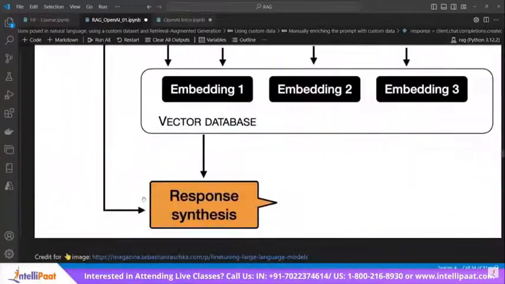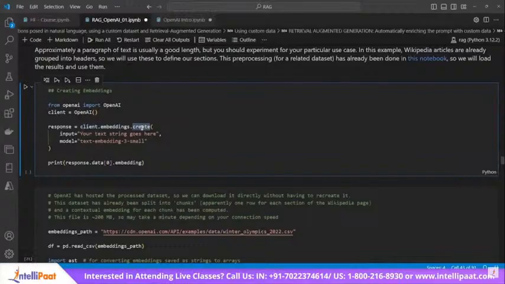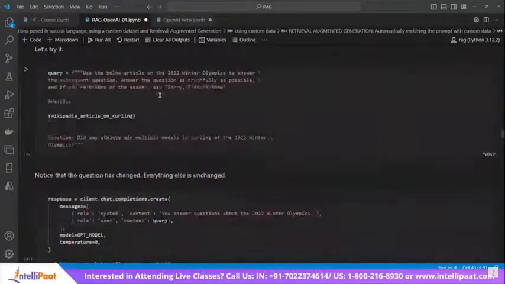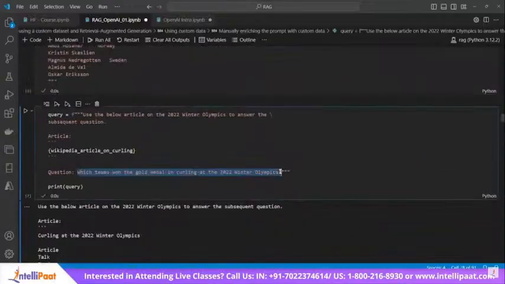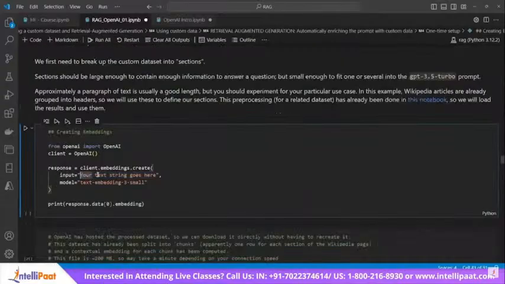Instead, here what we are going to be doing is client.embeddings.create, right? And then I can pass any text here. Let's say we'll take the same question from here. Where is that question? Let's go back here. I'm just taking any question, for example. So if you have this particular piece of text,